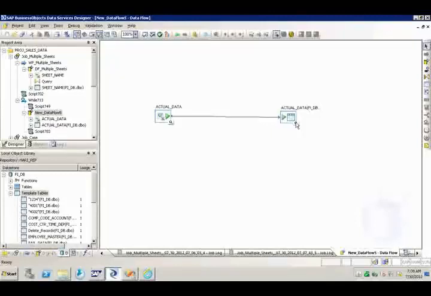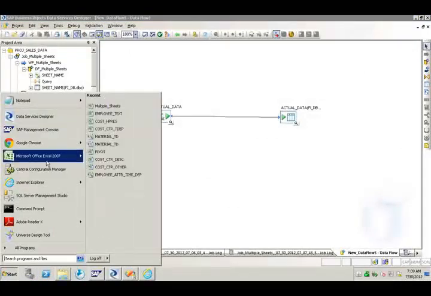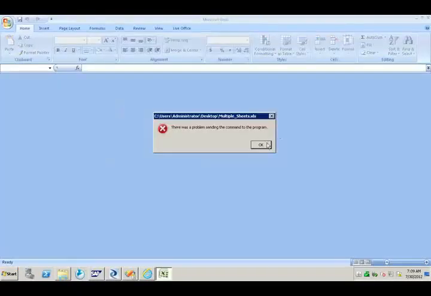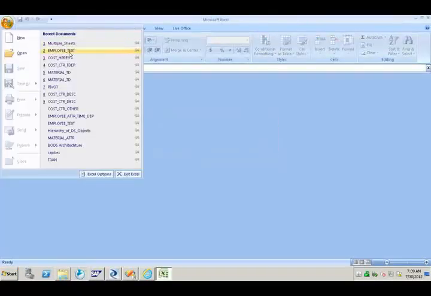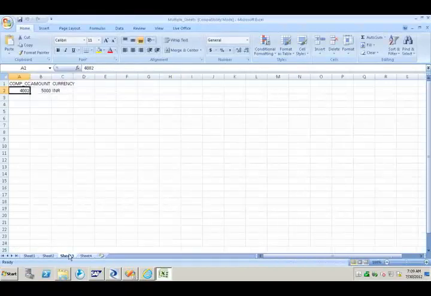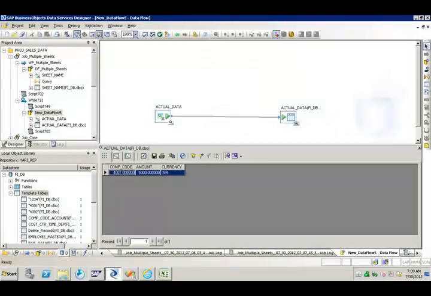Sheet 2 is having 1 record, sheet 3 is having 1 record, right? So there are 2 records. So our target table should have 2 records.